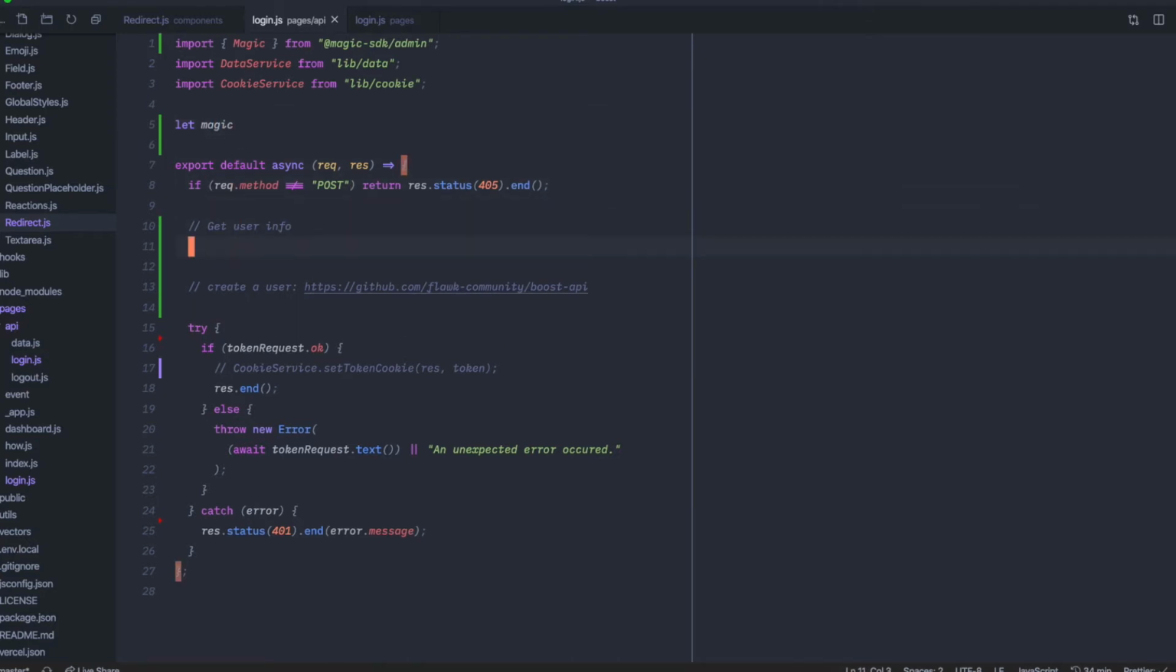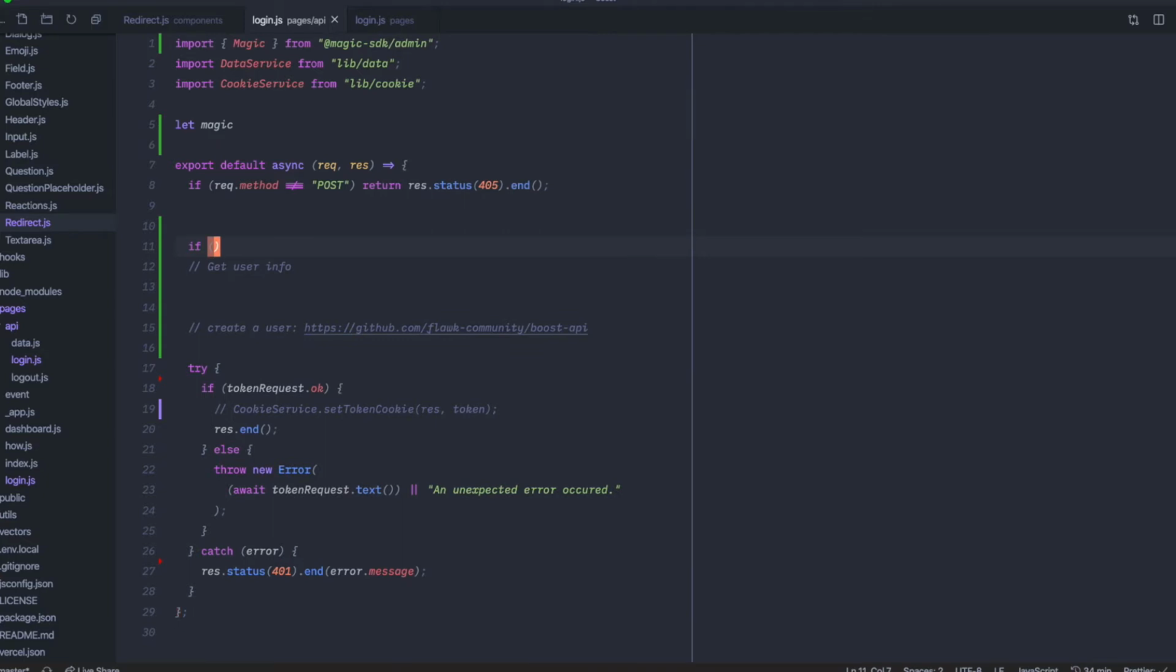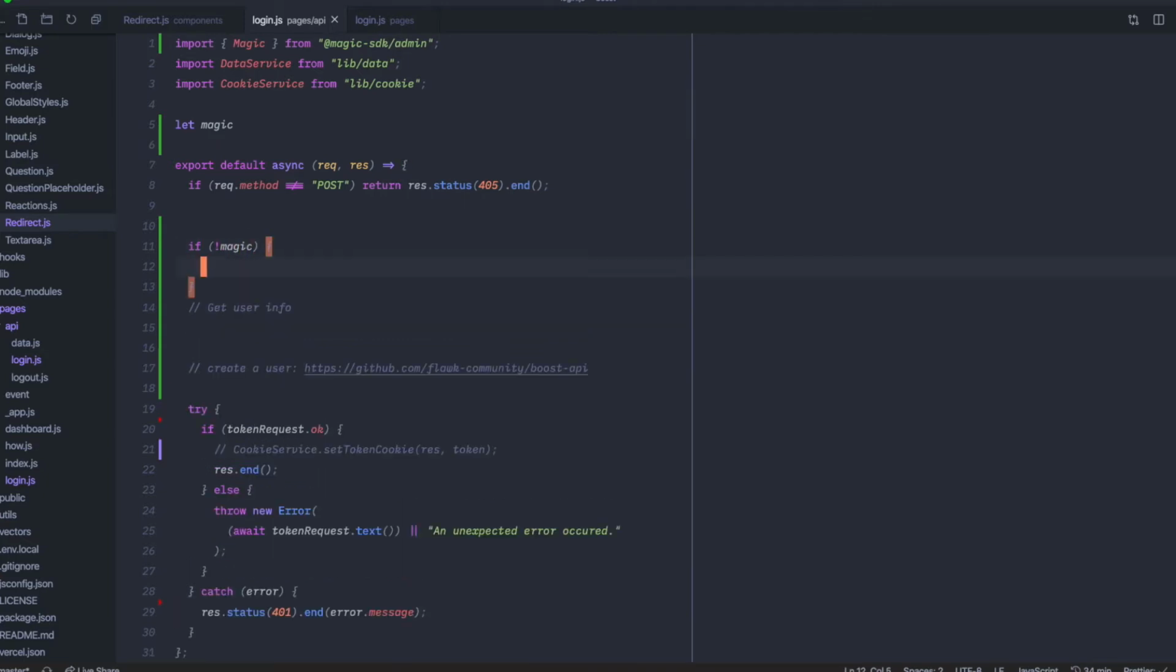And when we come through, if we don't have the Magic, then we're just going to create a new Magic. Oh, I should probably assign that. New Magic here, and then process.env.magic underscore, I think it's just secret underscore key. I'll have to actually check that out. And then we're going to do dot users dot get user